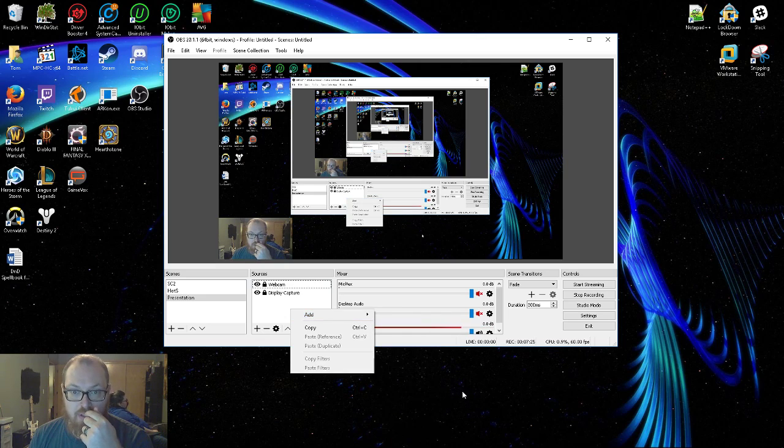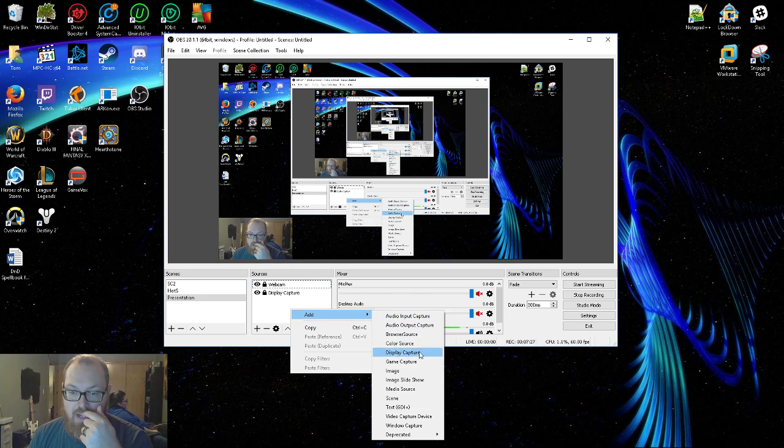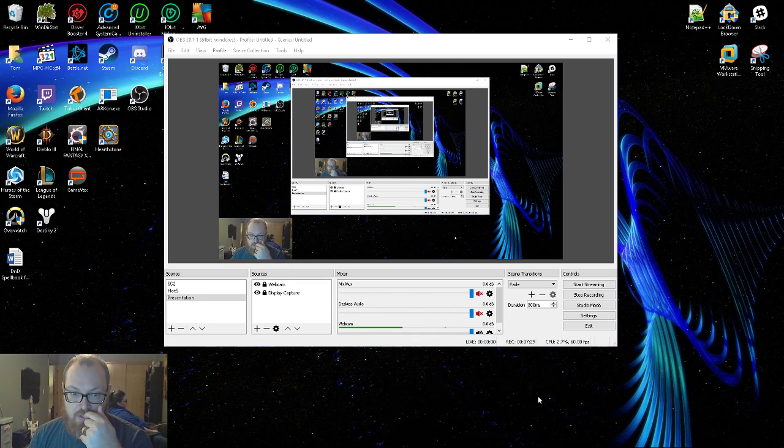So if we wanted to do a full screen recording, let's say we would add a video capture device to which we would add our webcam, which we already have in here, so we don't need to add that, but we would add that in, and then once that's in, it would show up in the middle of this screen here. It would be pretty small, so we would need to resize it,